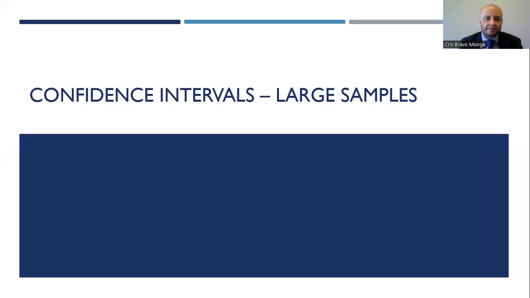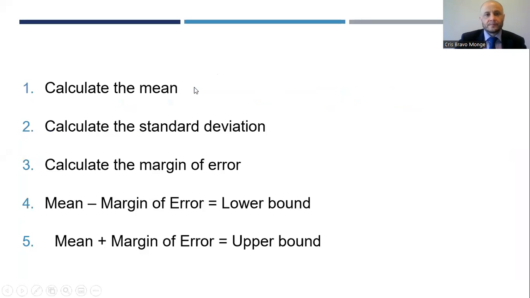How to calculate confidence intervals? First of all, we have to identify whether the sample is large or small. We are going to consider a sample to be large if it has 30 or more observations. The first thing we would have to do is calculate the mean of the sample, then the standard deviation, and